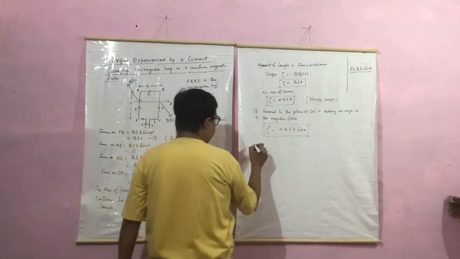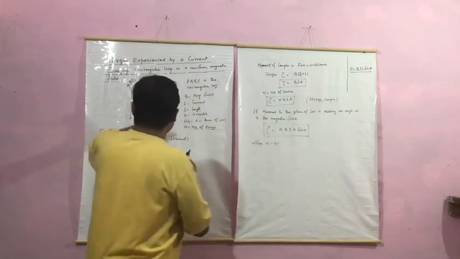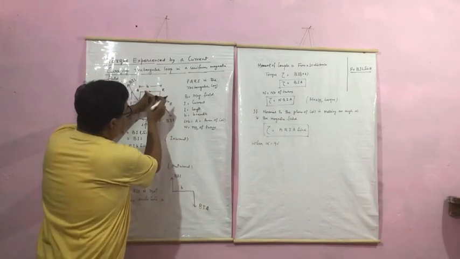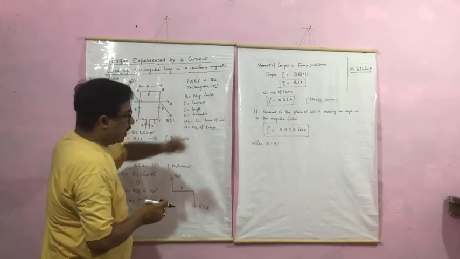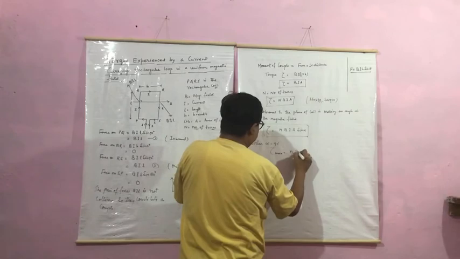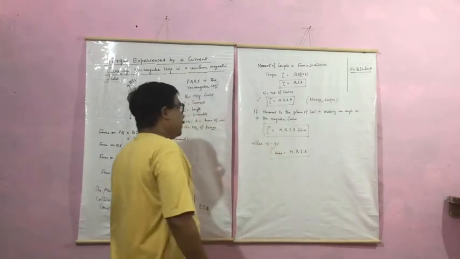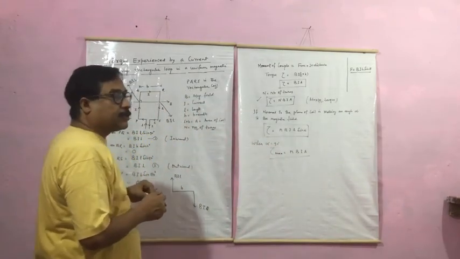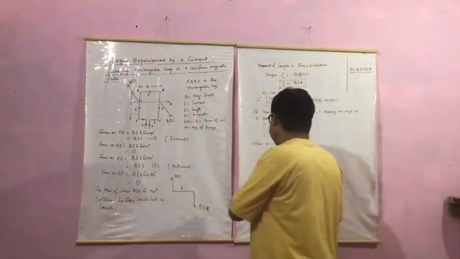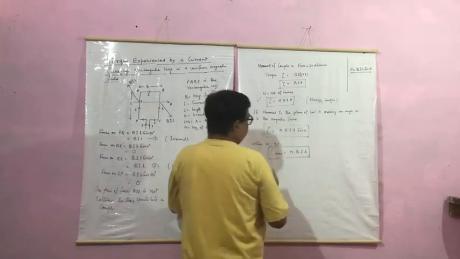And this torque is maximum when alpha is 90 degree. Like this, here the plane is in such a way that the perpendicular to the plane of the coil is making an angle 90 degree with direction of B, then alpha is 90 degree, then you will get tau maximum equal to NBIA. This you have already done. So we have considered a case where the torque is maximum for simplicity, but we can write the general formula also, and this is again very important for your numerical practice, right?